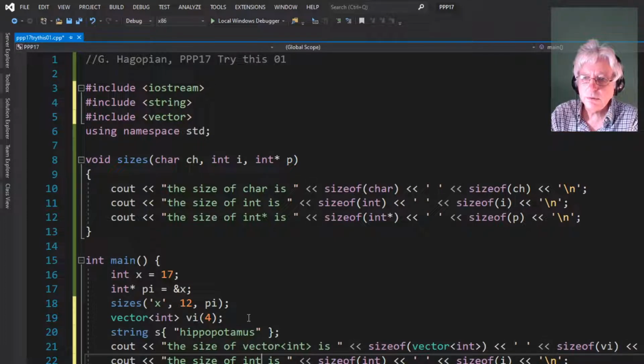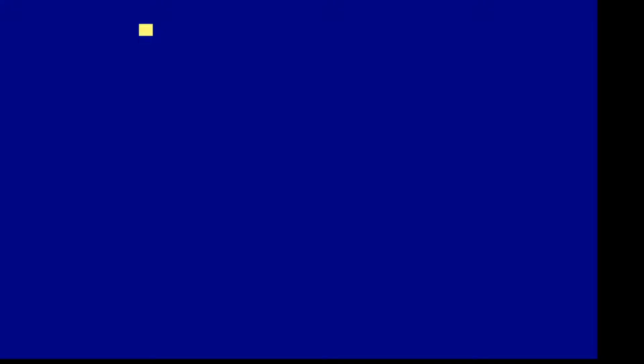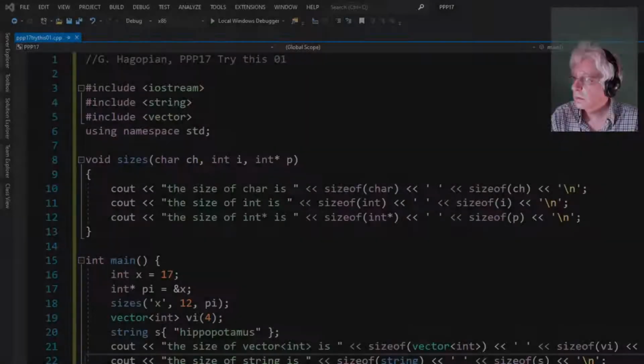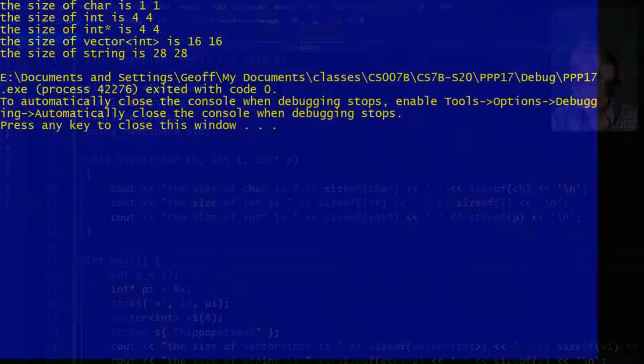So the size of string, that's a good question, huh? Can I actually pass just the type string in here? I mean, that's not a primitive type. IntelliSense seems to think it's okay. And I'm going to just give it the actual variable there, and I'm going to run that. Now let's go back to the output window, provided I'm getting some output. I think maybe I didn't close it properly before, huh? Okay, so let's go to the code again. I'm going to say F5. Okay, and then the output window has,